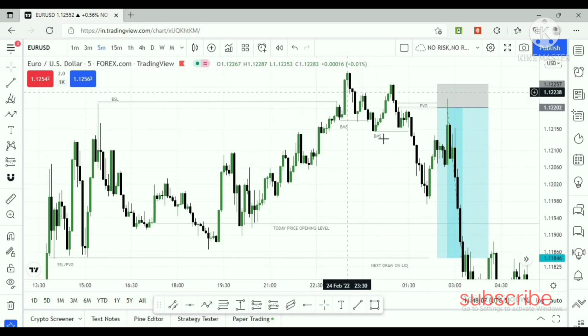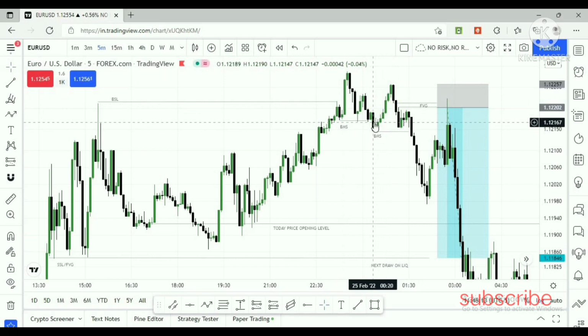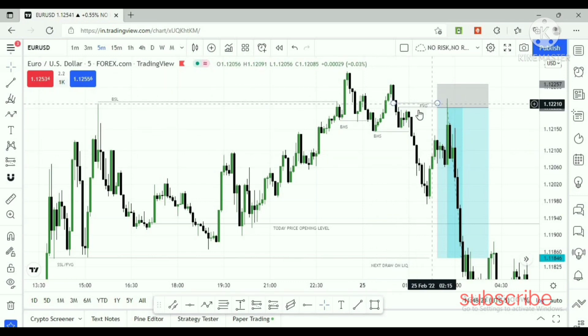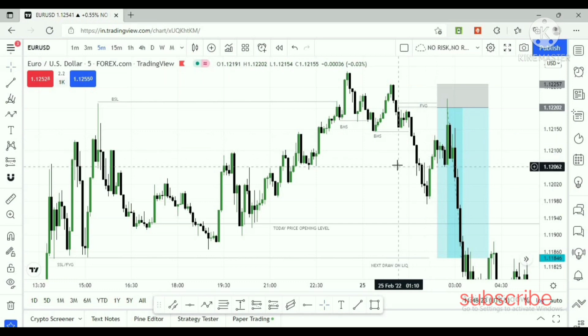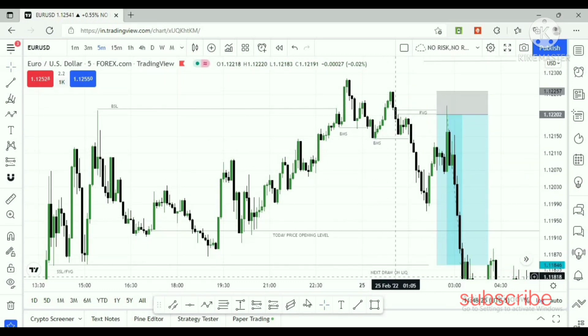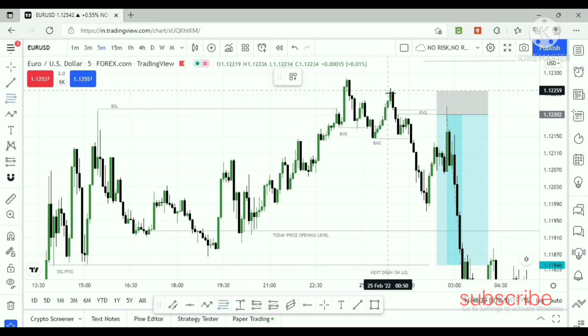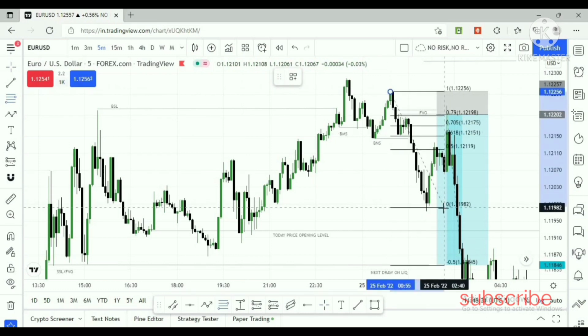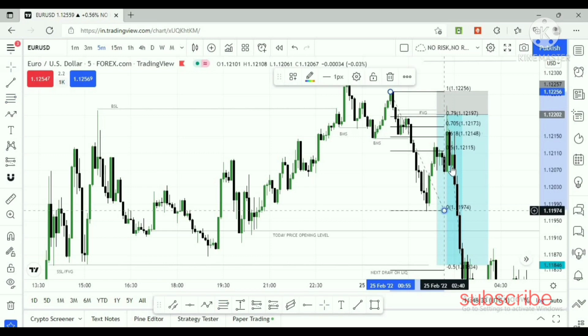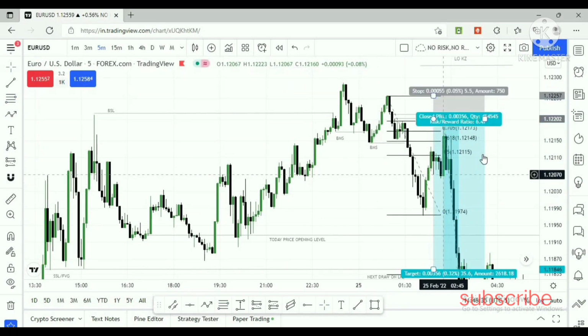See guys, price respects first this bullish order block, and that swing low should be broken. After breaking this level we should have a fair value gap. Make sure that fair value gap is in the premium level. If you use your fib level, see guys, from this swing high to the last swing low, make sure your price is in premium level, you know,